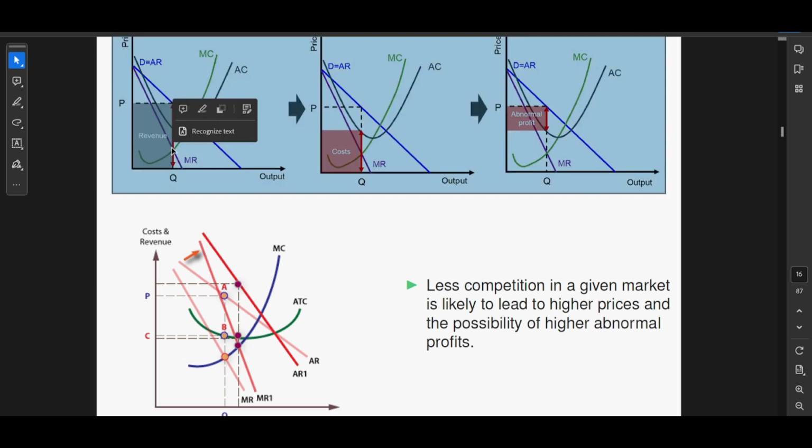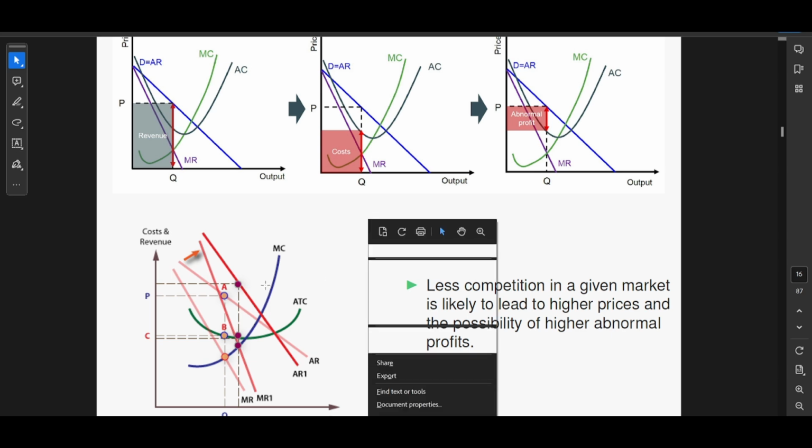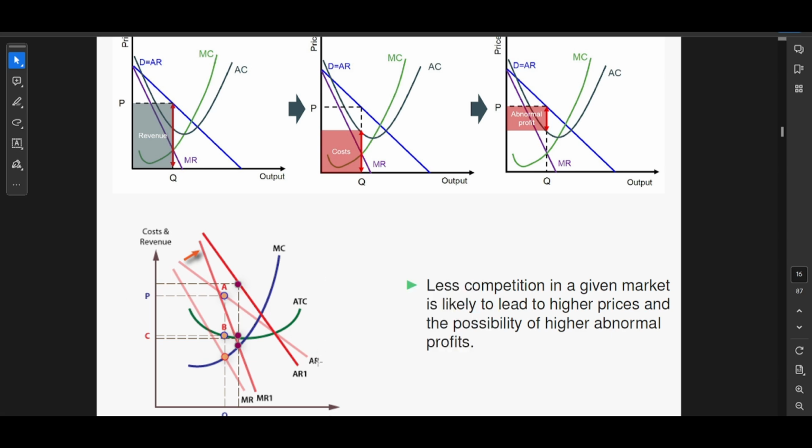So where the marginal revenue intersects the marginal cost, this will determine the quantity. If we go down, this is the quantity that you will sell. And what price will we sell it at? You just go straight up, and wherever it meets the average revenue curve, that's the price that we're going to sell it at. So if we are to put that into a graph and try to understand what is happening,